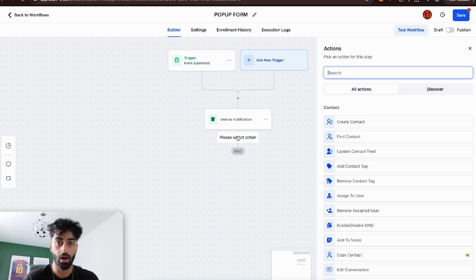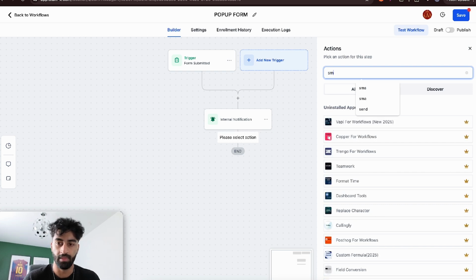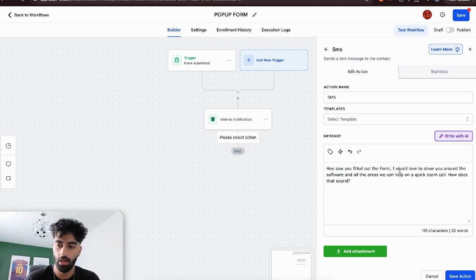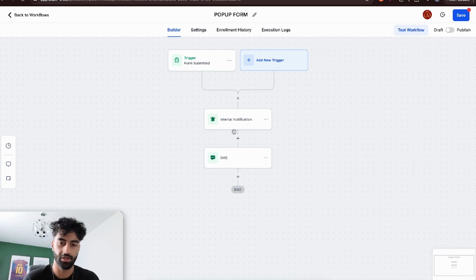Okay. So now the cool part is let's do one SMS and say, hey, so you filled out the form. I'd love to show you around the software and all the areas we can help on a quick Zoom call. How does that sound? Okay, so save action, but we don't want to do this immediately after they submit the